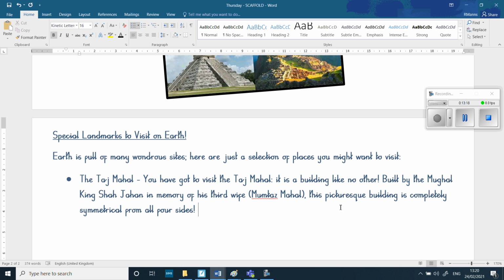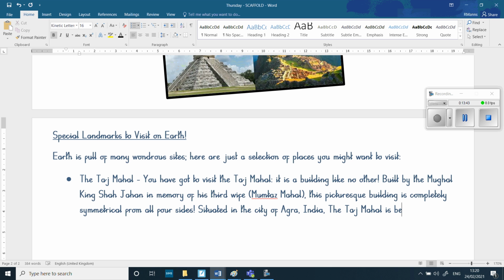Now I'm using an exclamation mark because my intention is to get the reader excited here, because it's quite an exciting place. Then I'm going to use situated in the city of, it tells me it's in Agra in India. Again, that's just a sentence opener, it's not a full stop. Situated in the city of Agra, India, comma, the Taj Mahal, capital letters for the place,